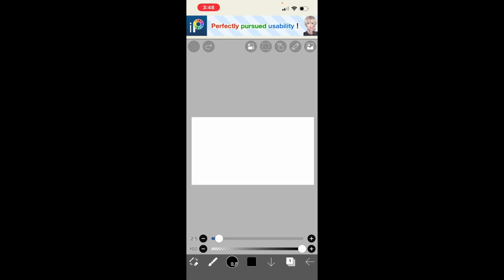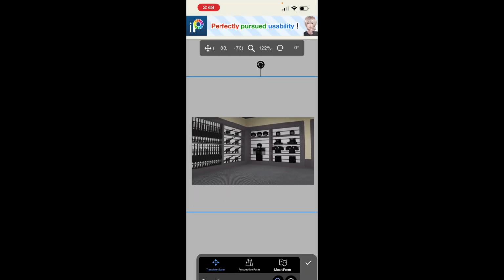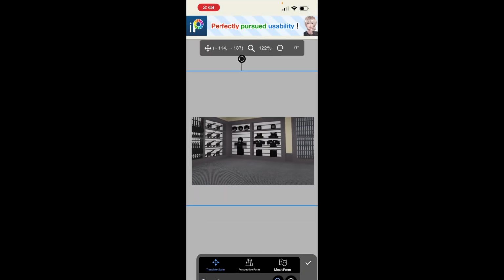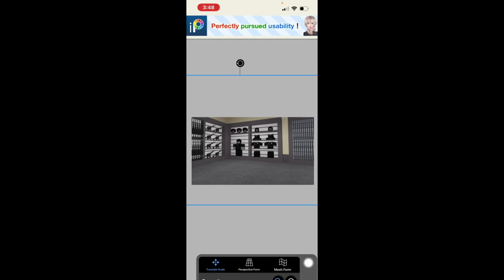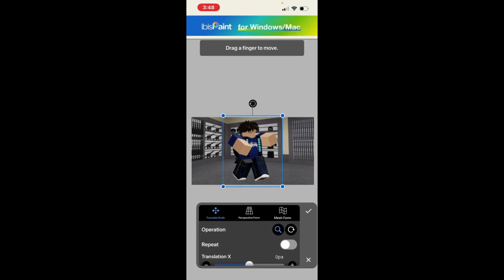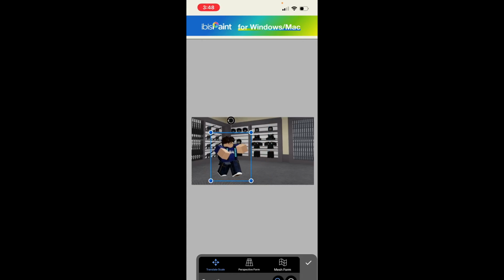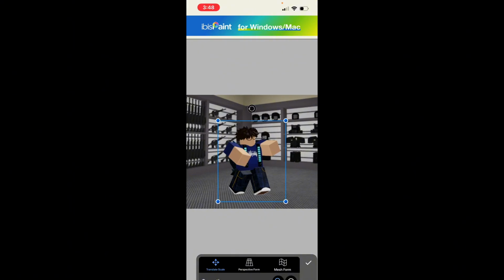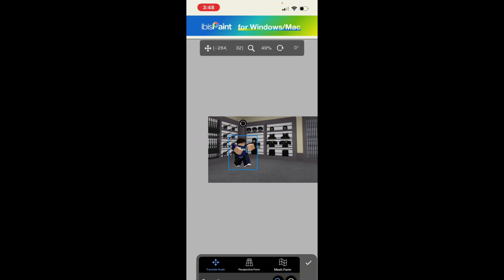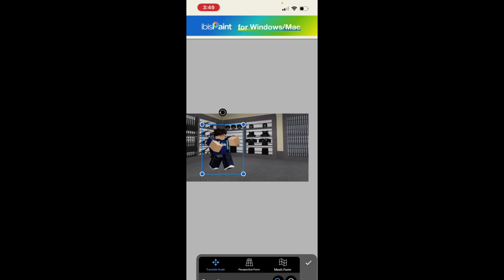What you want to do is press the bottom button over here, press the camera, and then select the background you want. I'd say I'd adjust the image like right here. What you want to do is select the image again, and then select the character without the background, and you can put your character anywhere. I'd say that I'm gonna put mine like right here,